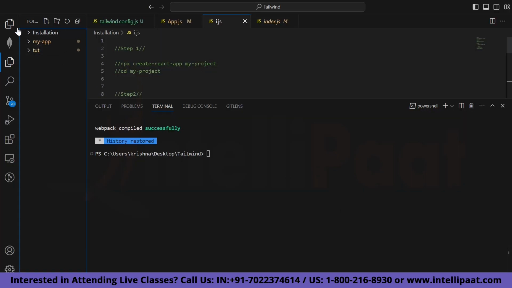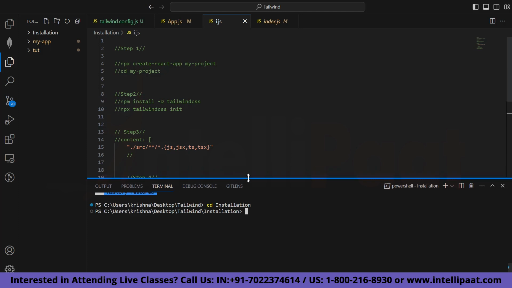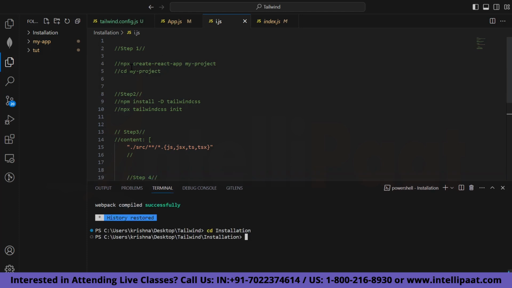Now guys, I have created a folder called installation and I am in my root folder called Tailwind. In order to go to this folder, I'm just gonna type cd and then installation. Now you can see I am inside my folder installation, and here I'm going to create my React app. For creating the React app, I have already written the commands. That is the first step, to create your React project. So just copy, you can copy from the Tailwind CSS website, the official docs which you are following. Just paste this, and the name of the app will be my-project,